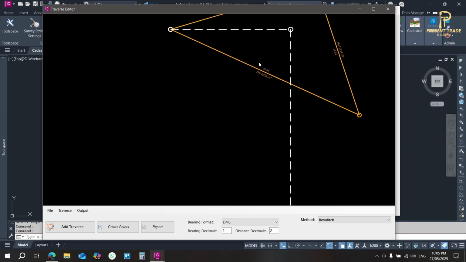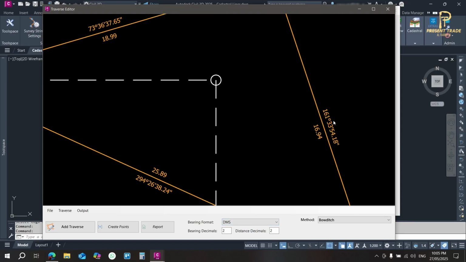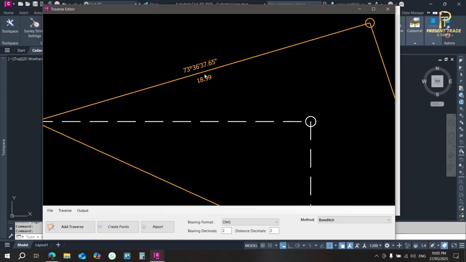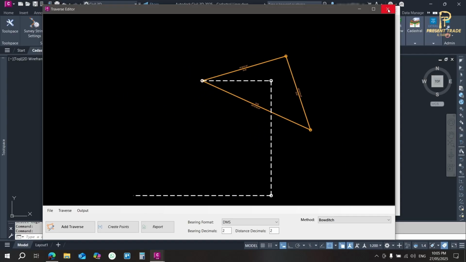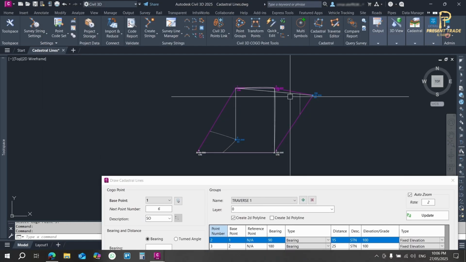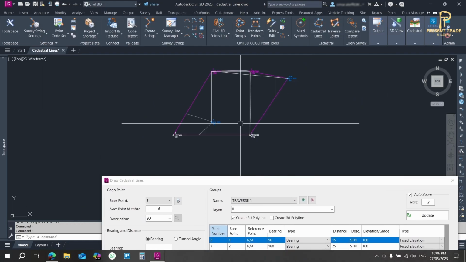And there you have it, a smooth and flexible way to build cadastral lines and traverse points using Stringer Topo on Civil 3D. Whether you're mapping out boundaries or managing point data, this workflow gives you total control and clarity